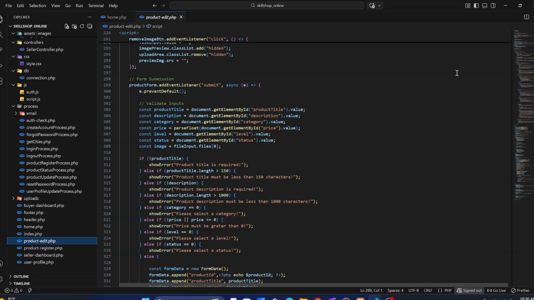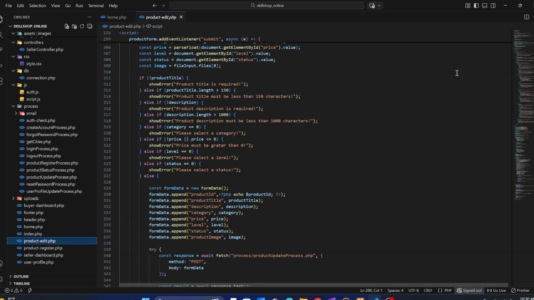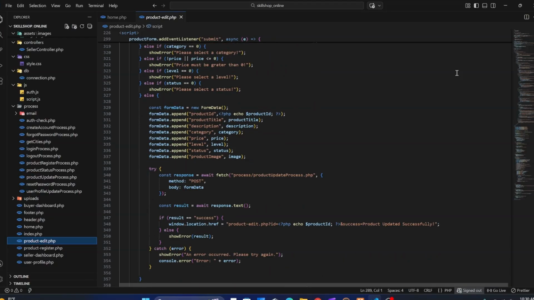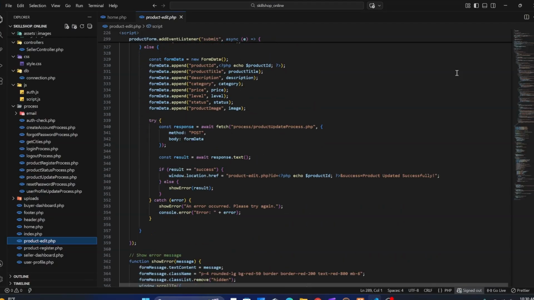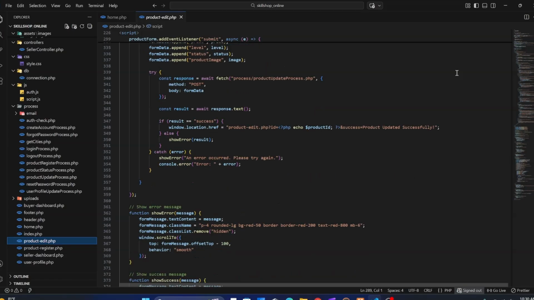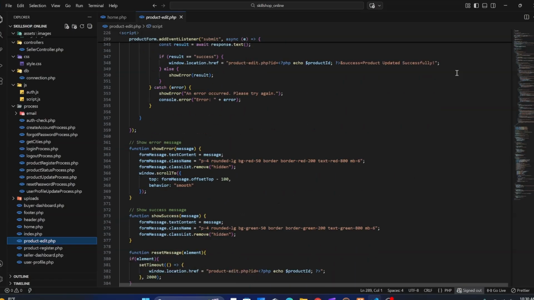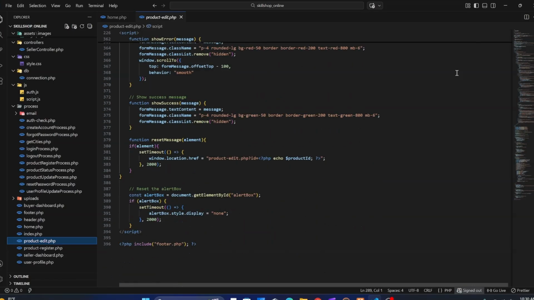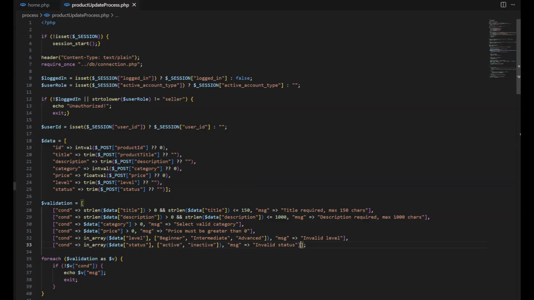When the user clicks Submit, we prevent the default page reload. We package everything, including the product ID and any new image files, into a form data object and send it to our backend via the Fetch API. This is the secret to modern app-like web experiences. Switching over to